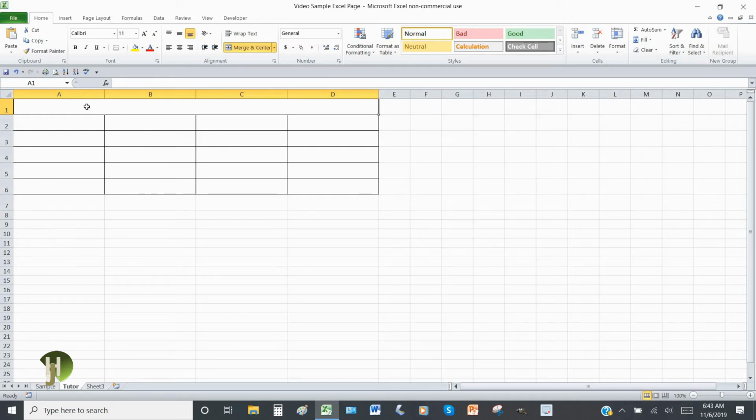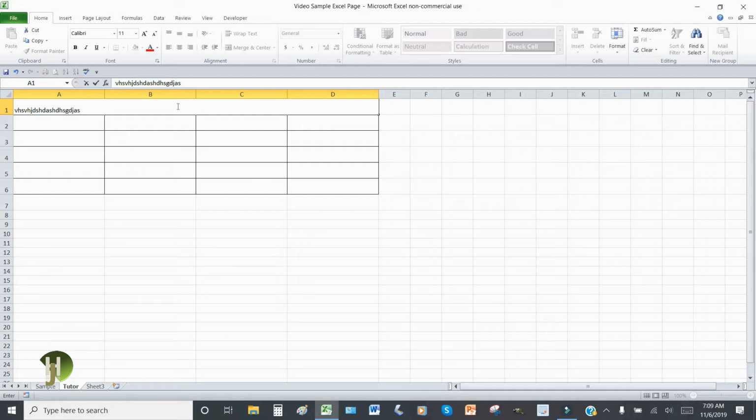And you'll now notice that the borders or the lines have all disappeared on row 1. This is now considered a merge cell. You will also note that the wording merge and center in the home ribbon has been highlighted. At this point, if we were to come to the merge cell and decide to type something in it, I'm just going to scribble something here, you'll notice it actually positions itself to the left of the merge cell. So let's click away, and you'll notice that it stays to the left. Well, that's not what we want. So let's delete that,